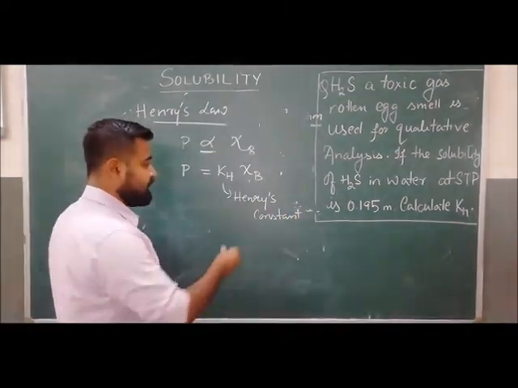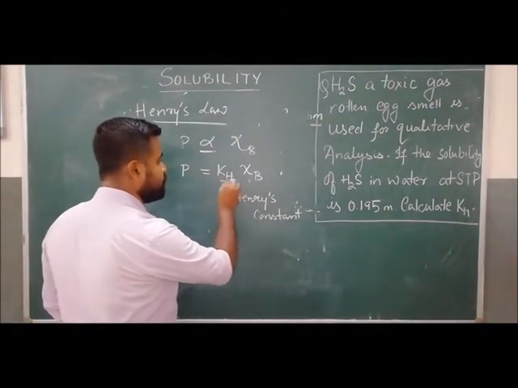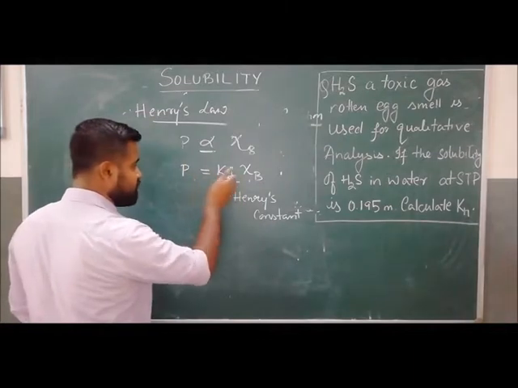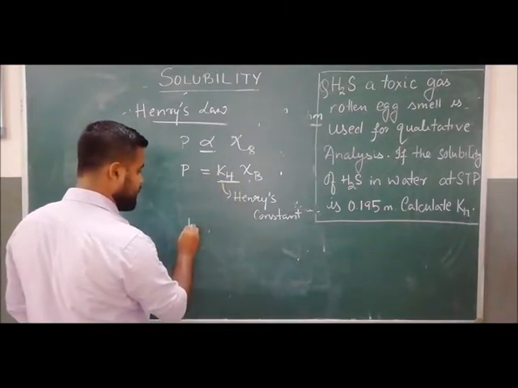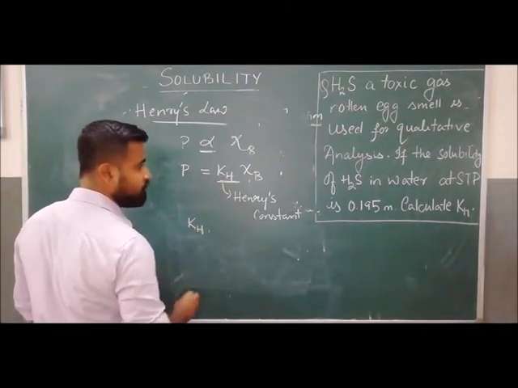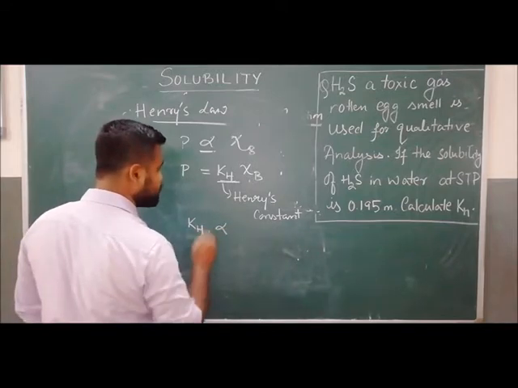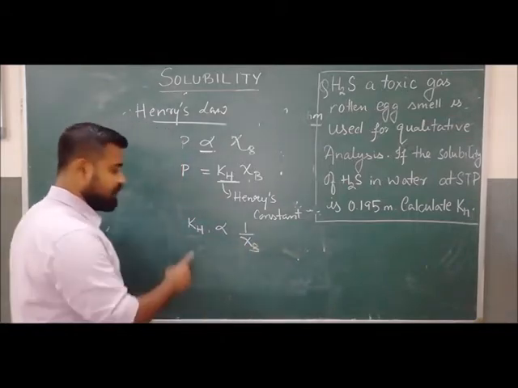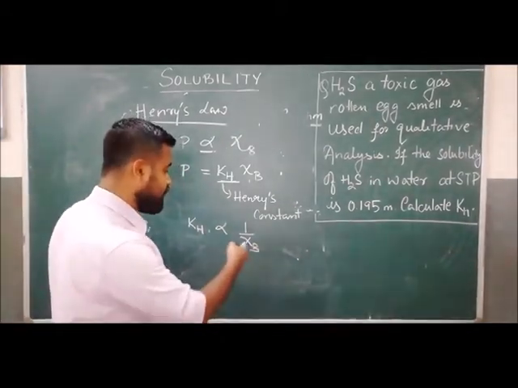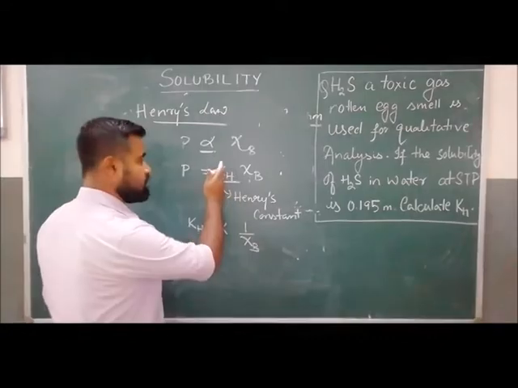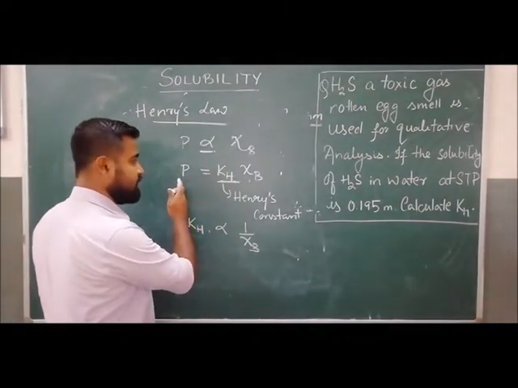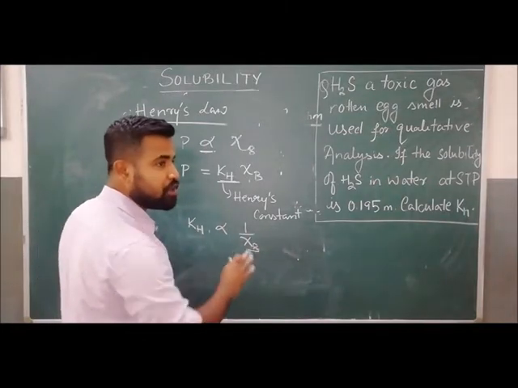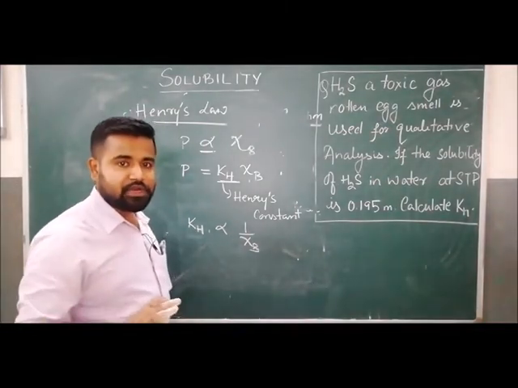We will see on what factors the KH value depends. First of all, from this equation, what can we say? This KH value is inversely proportional to what? Inversely proportional to the solubility, or the mole fraction. The KH value is inversely proportional to the mole fraction. From this equation we can see, if KH is shifted to this side, KH will be in the denominator. So the KH is inversely proportional to the mole fraction,